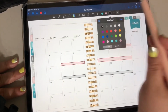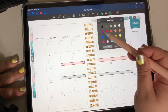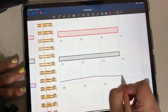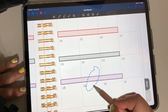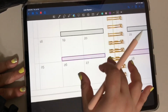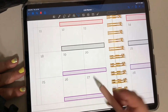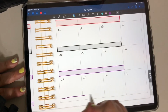And then let's say there's another job, and let's do that in green, except that's like Christmas colors, which I have no problem with, except it'll look kind of funny. Okay, so now this job is going to take the rest of the month, let's say. See, I even got lazy with this. And so then what you do is you can lasso this and just move the whole dang thing, which is so nice. I thought it would take me a really long time to get used to this stuff, but it actually comes quite quickly, which is very nice. Oops. So you can see I suck at drawing, and so there we go. Okay, we'll fill in this last little bit here,